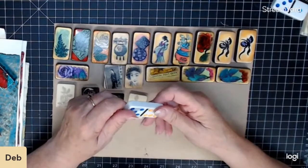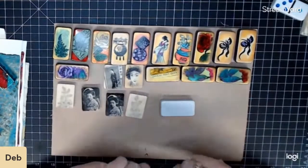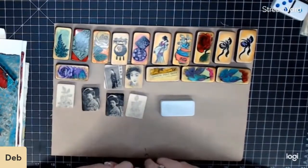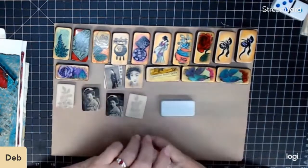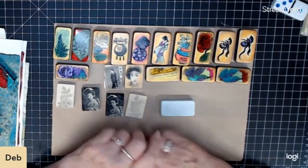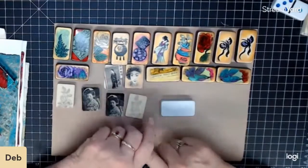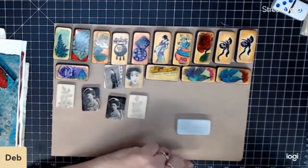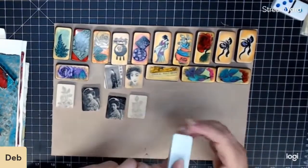So basically, I just take these and do different techniques on them. It's not a new thing to do. It's been around for a good while, and I actually pulled these out of the box that has been sitting around for a while, and they were half finished. So I pulled them out and worked on them, and they're pretty much close to being finished now. So this is one technique that I use, and what happens is the domino, which is white,